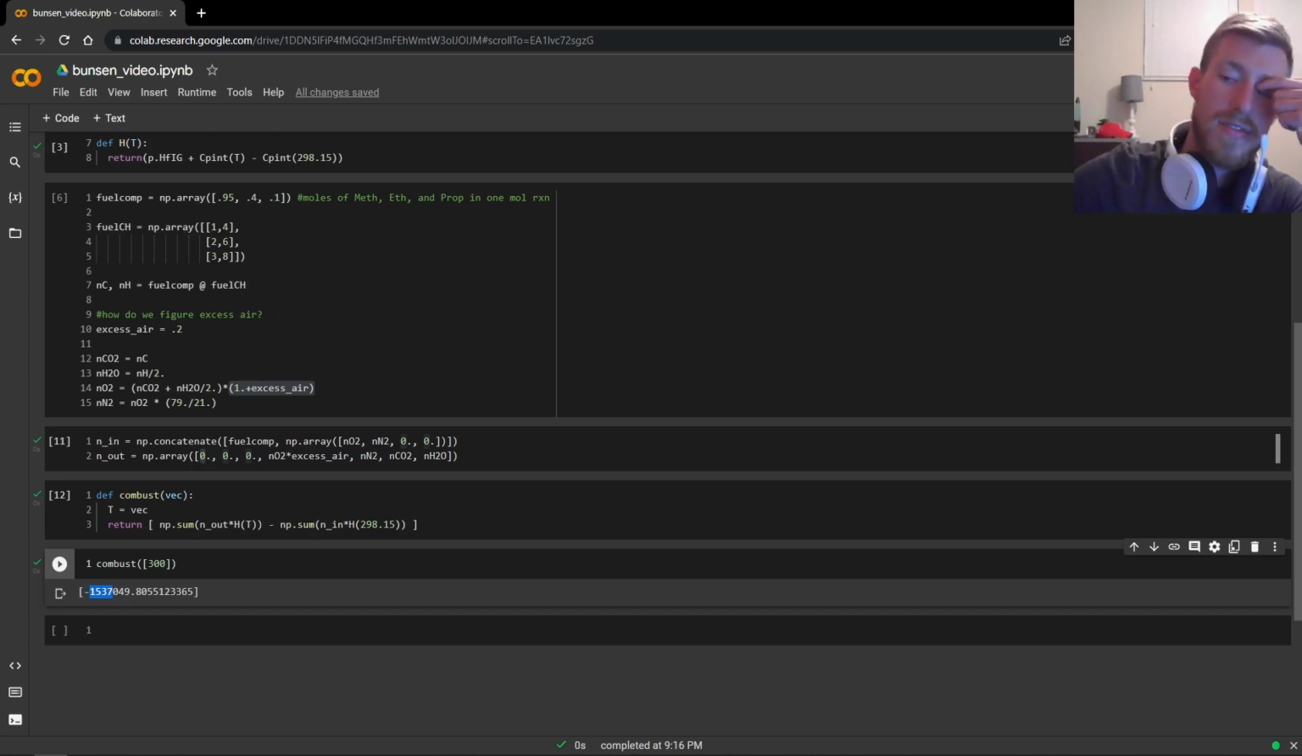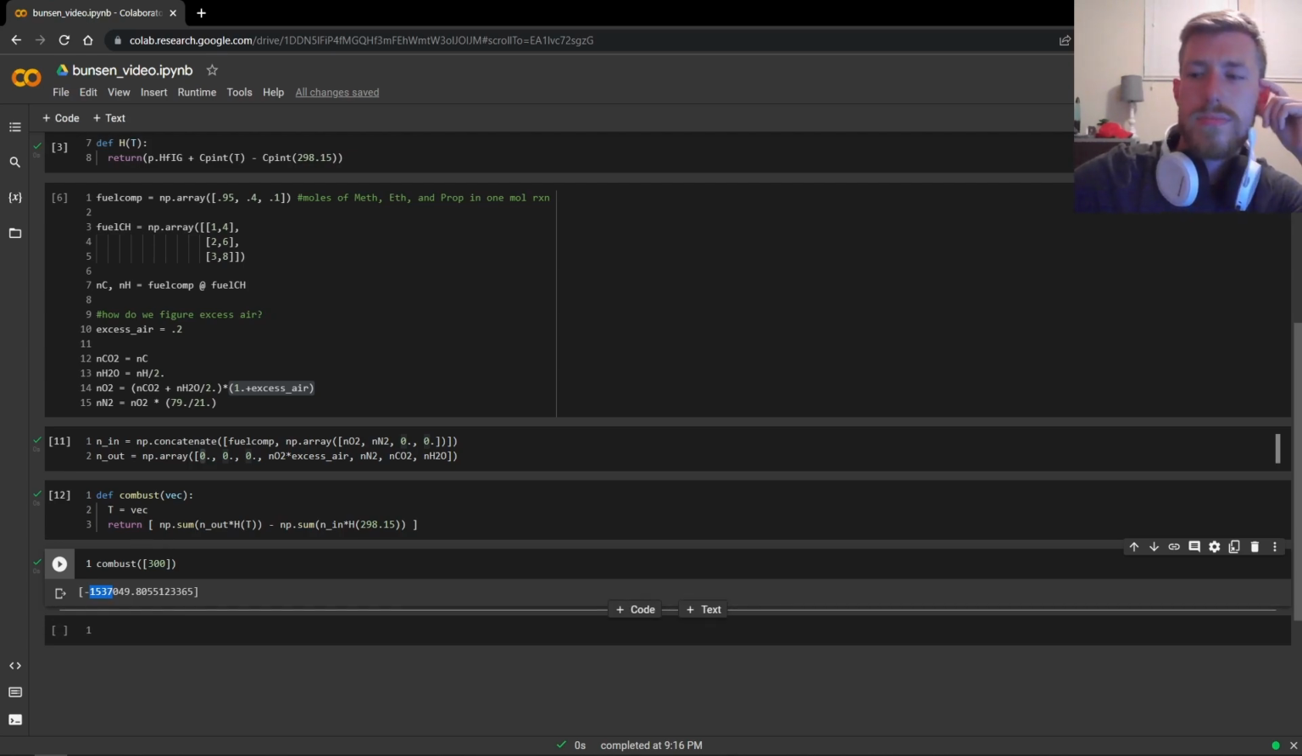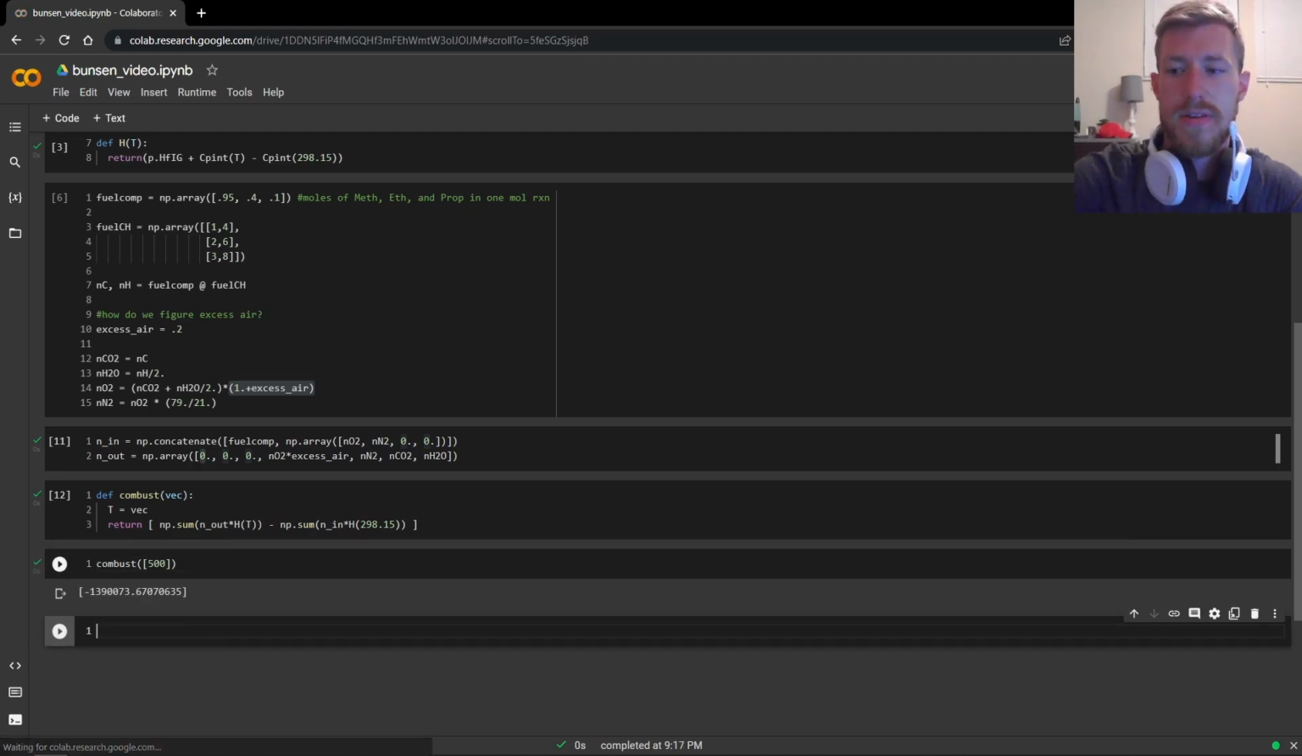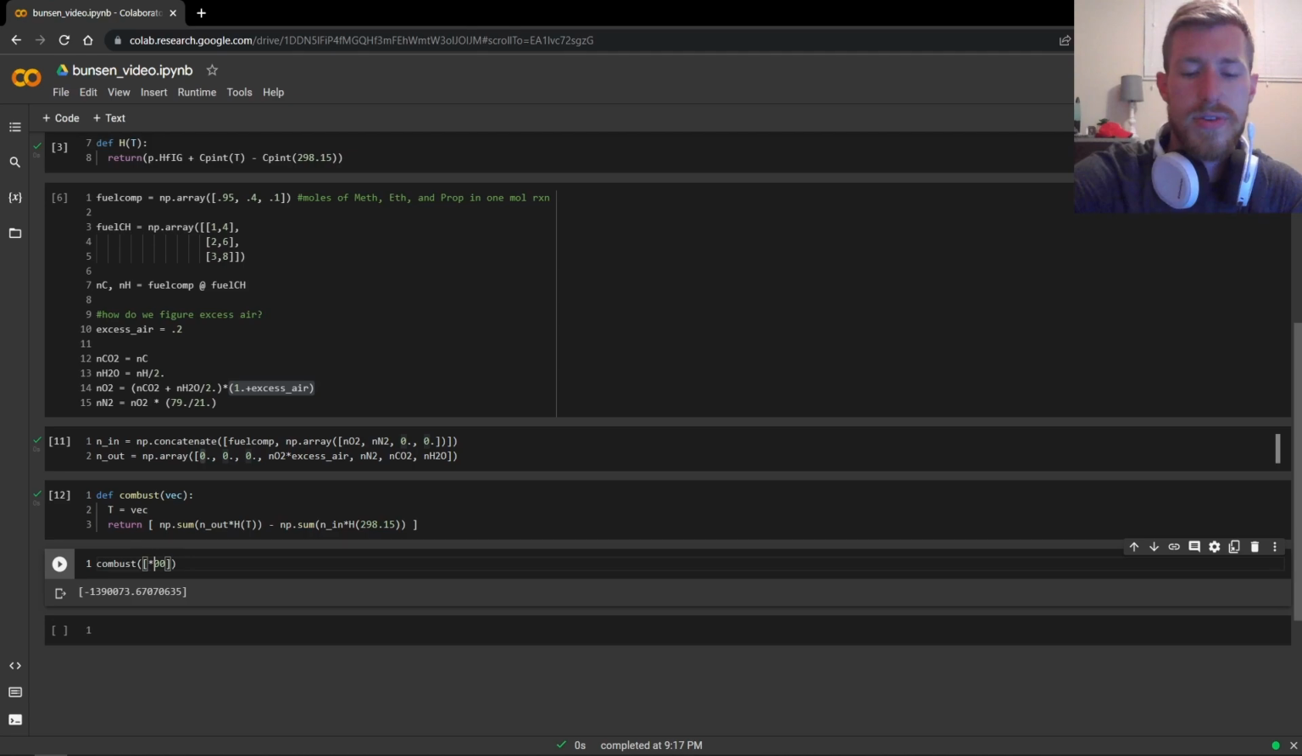1,537,049 is the amount of energy it's returning. So that's quite a bit of energy. But anyway, that's not the entire part right here, because what we want to do is figure out for what temperature this is equal to 0. At 300 degrees, obviously it's very far from 0. If we increase the temperature to 500 degrees, we see a smaller negative number, which means we're closer to 0. If we do it to 800,